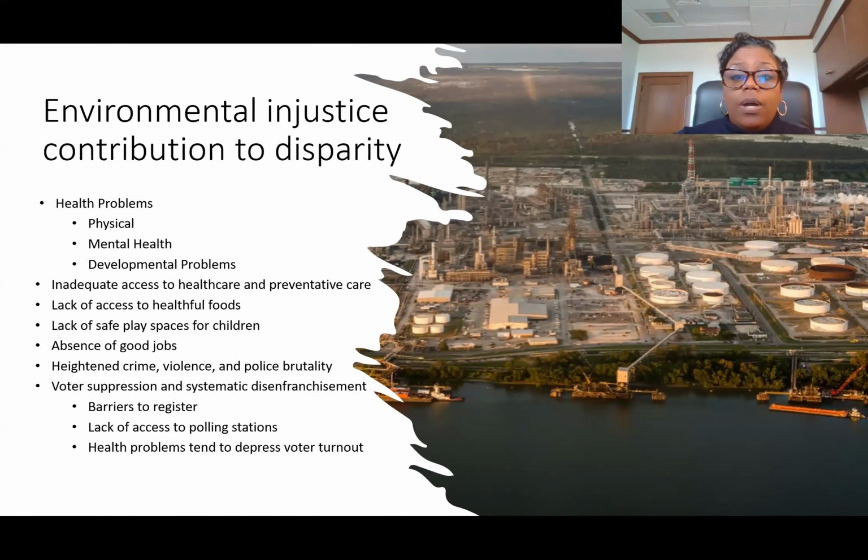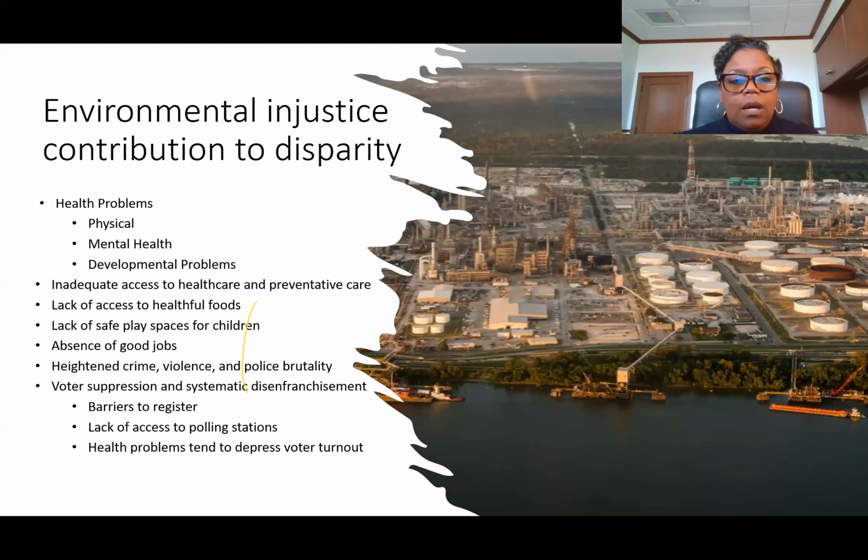And so what has been found to happen in Cancer Alley is you have, as a result of environmental injustice, you have health problems that are both physical and mental, and then developmental problems with children that